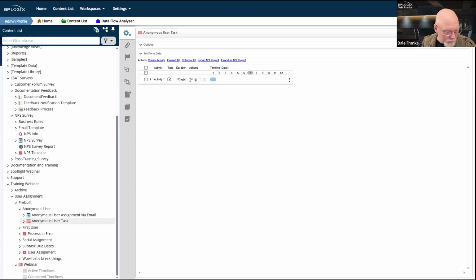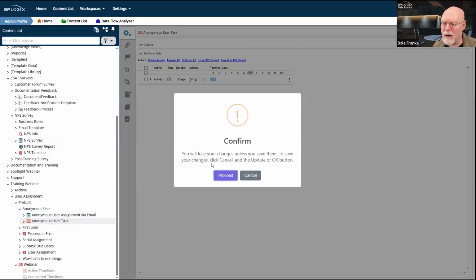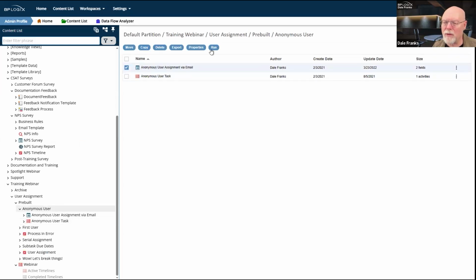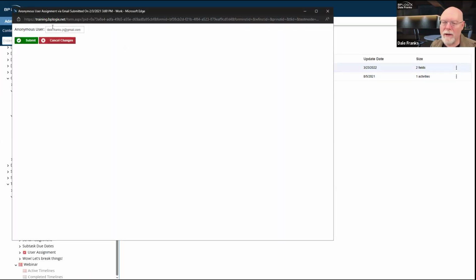I should have received an email notification via Gmail. I'm pretty sure that this worked the last time I ran it, but it's not working now. We may have to do a little troubleshooting. Let me run this, and this time, let me actually send it over to BP Logix. And submit that.